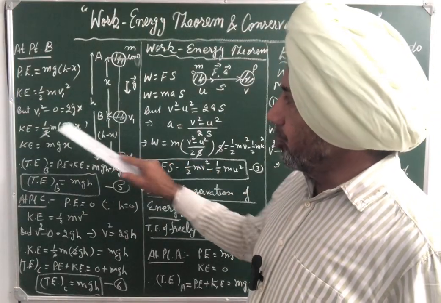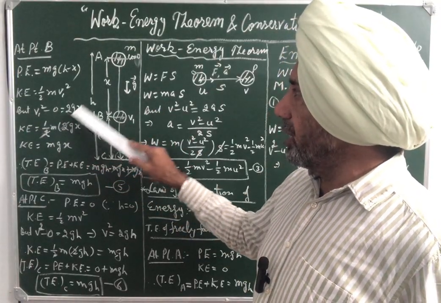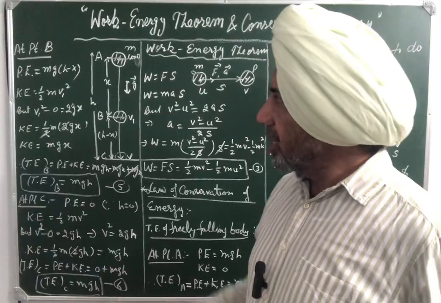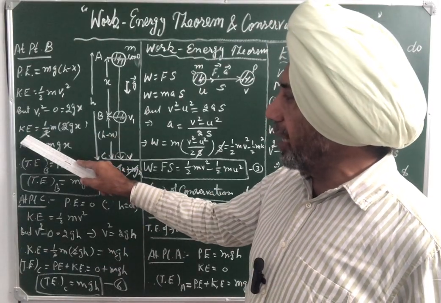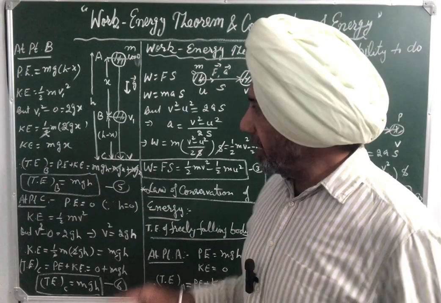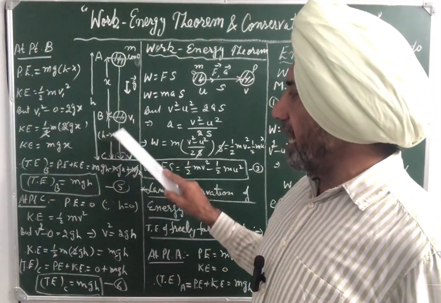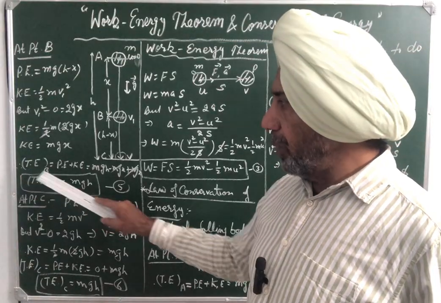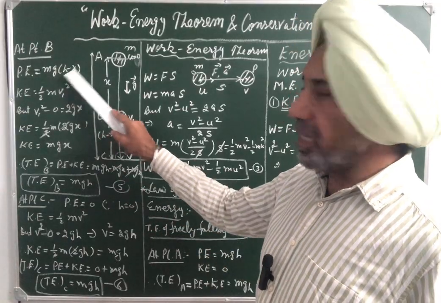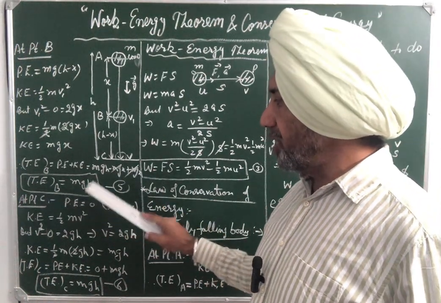To find v1, we use the equation v square minus u square equal to 2as. It comes out to v1 square minus 0 is equal to 2gx, where x is the distance covered. So v1 square comes out to be 2gx. Substituting the value of v1 square in this equation, we have kinetic energy equal to half m, 2gx, the 2 cancels. So kinetic energy comes out to be mgx. It means kinetic energy at point B is mgx and potential energy at point B is mg(h minus x). So total energy at point B will be equal to the sum of kinetic energy and potential energy: mg(h minus x) plus mgx. Opening the bracket, the mgx cancels. So total energy at B is again mgh.